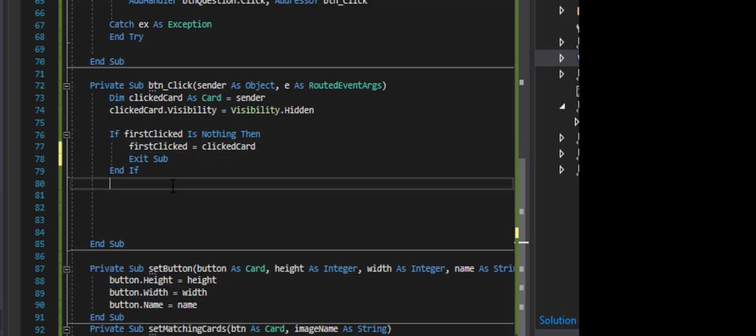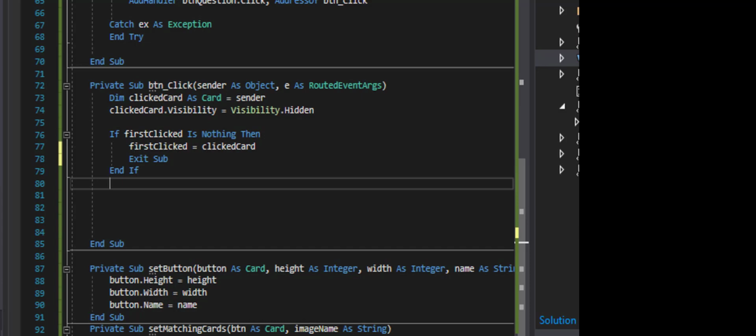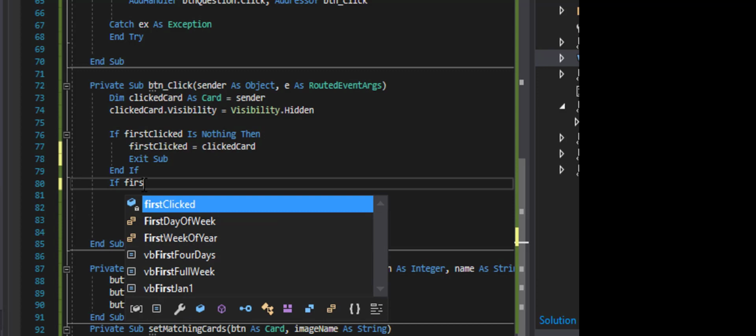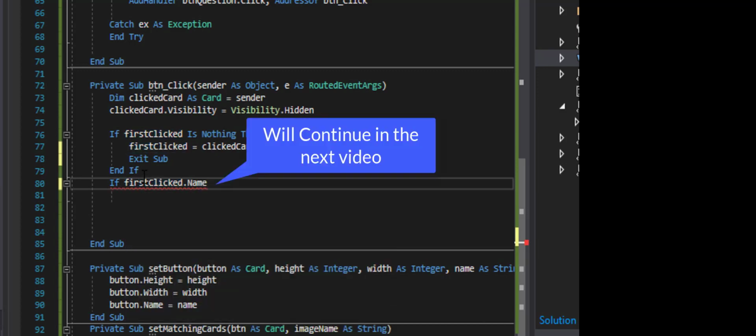So now, if this one is not nothing, if there is something in here, then I don't want to mess around with this. What I want to first question is if the user clicks the same one. So now I'm going to say if the first clicked dot name, based off the names we have in the algorithm, dot name